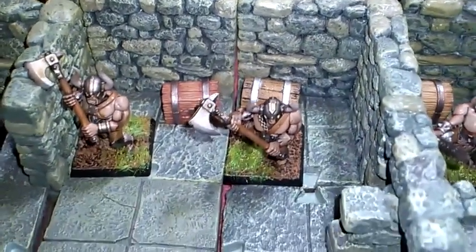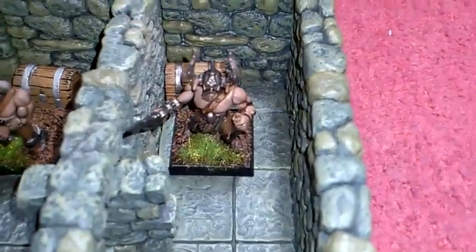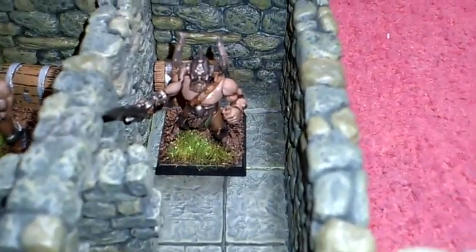They decide to search for secret doors. A secret door opens to this very small room. There's a treasure chest in here being guarded by a Chaos Marauder Champion. So that's all they can do up in this area. So they have to come all the way back